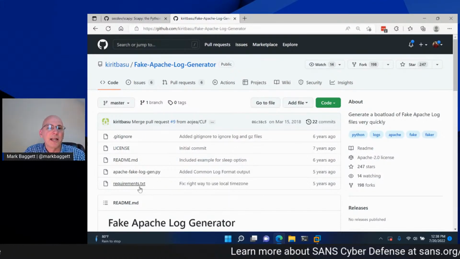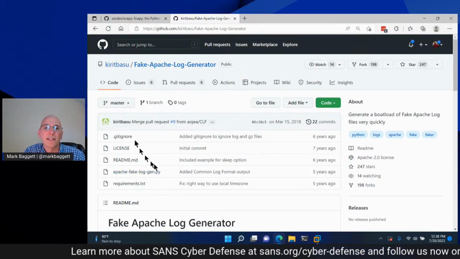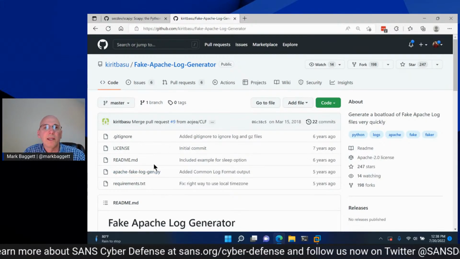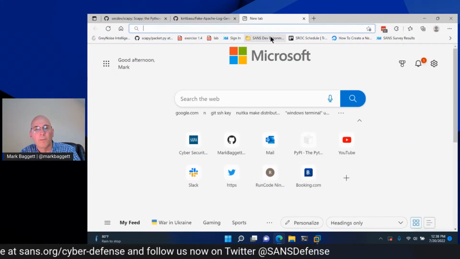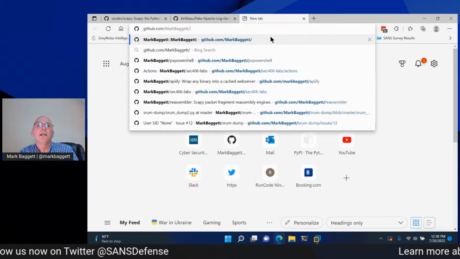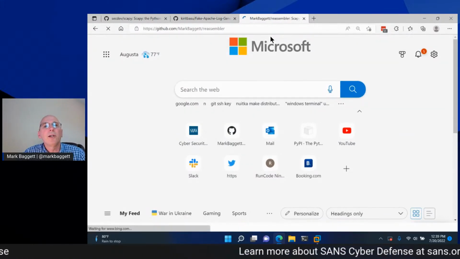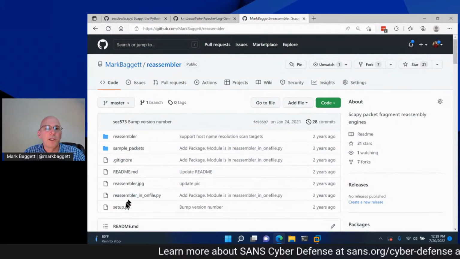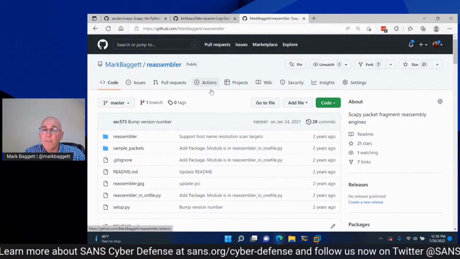It doesn't have a setup.py in it. Okay, so this is one that in order to install it, I would have to download this to my system and then install. I think I got another one that I do have on my GitHub page that does have a setup.py. So markbaggett.com/reassembler. If I look at the reassembler module here, this one does have a setup.py, which means that even if